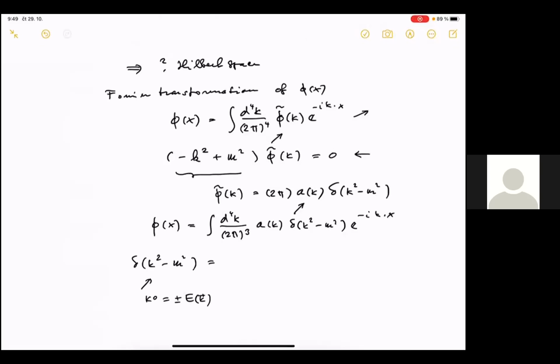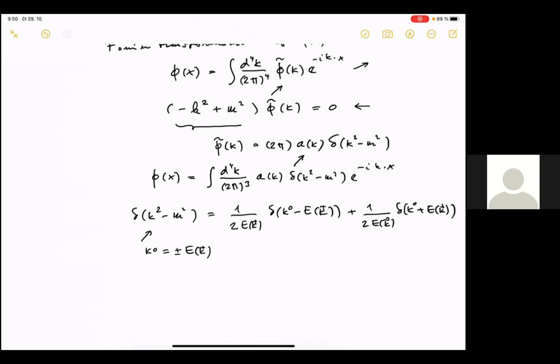And we can rewrite this delta function as simply 1 over the derivative of the function inside the original delta function, which is twice k0, and k0 plus minus ik in absolute value times delta k0 minus k plus the second root of this constraint to k, again in absolute value, so with plus sign, times delta k0 plus e k. So if we insert this in our expression for the field, we obtain two terms,